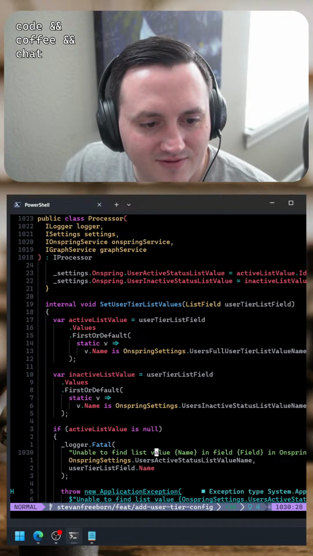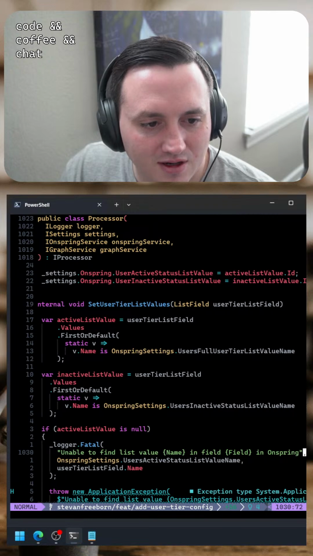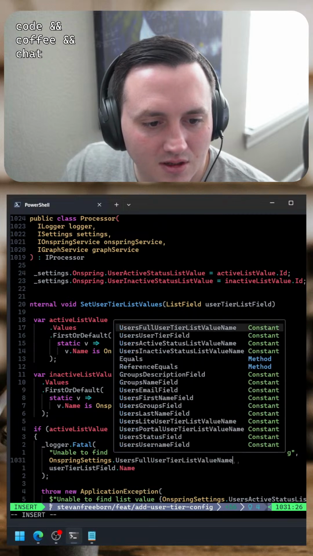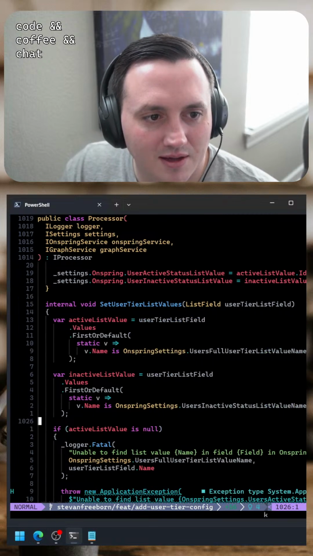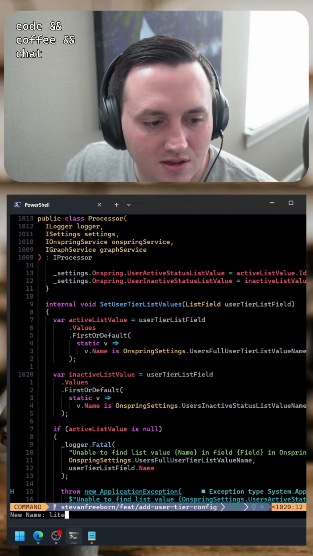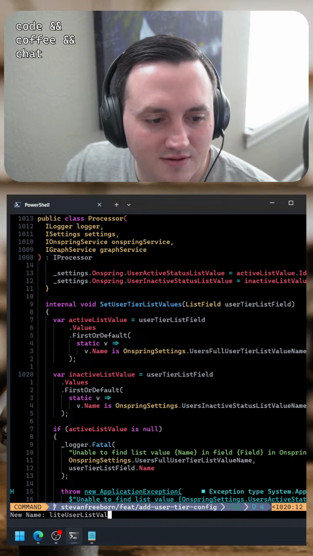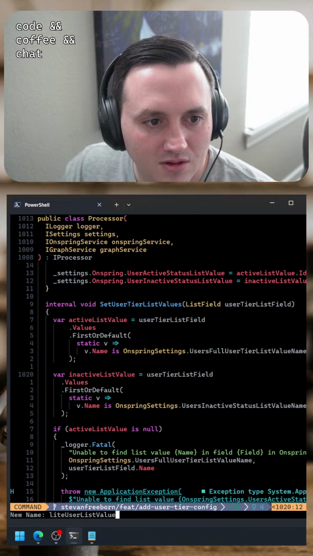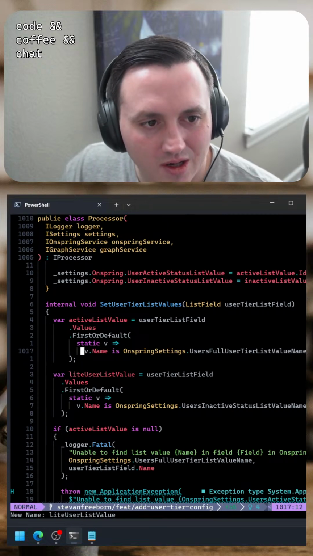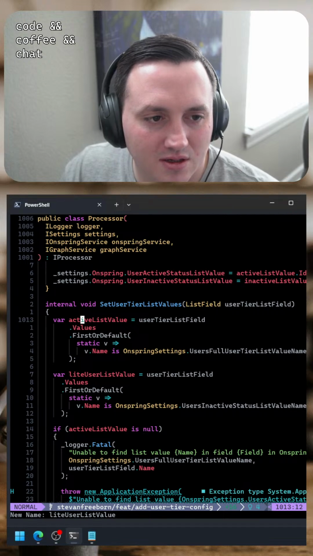Unable to find list value, name, and field. Okay, so this would actually be, yeah, and let's rename these values. So this is actually going to be light user list value. And this is going to be